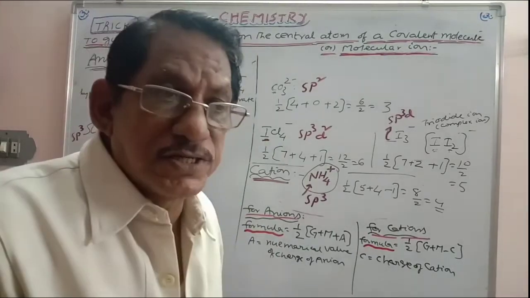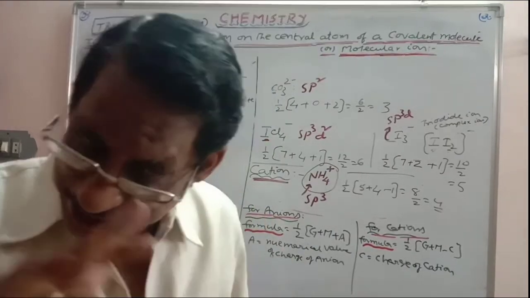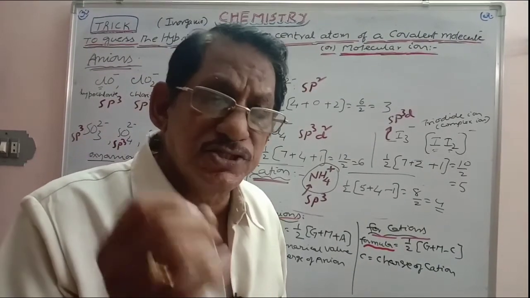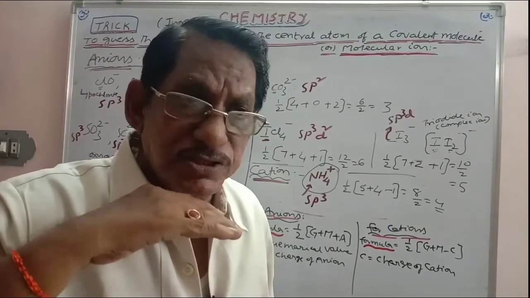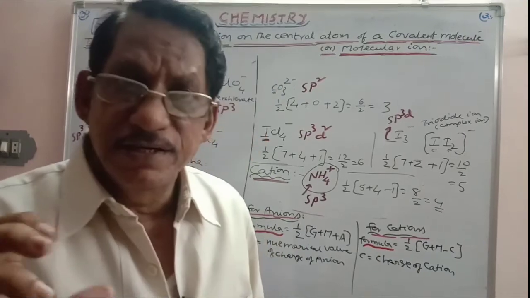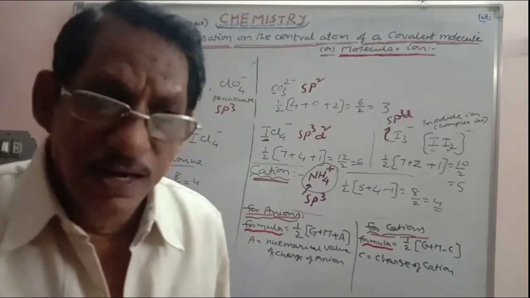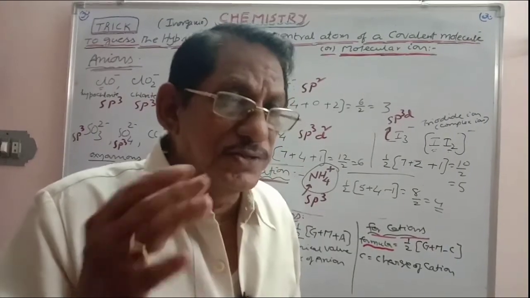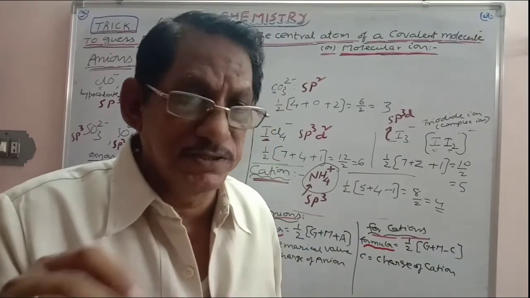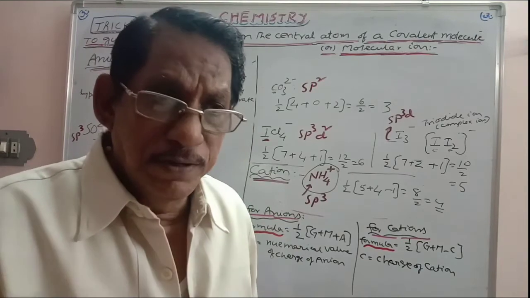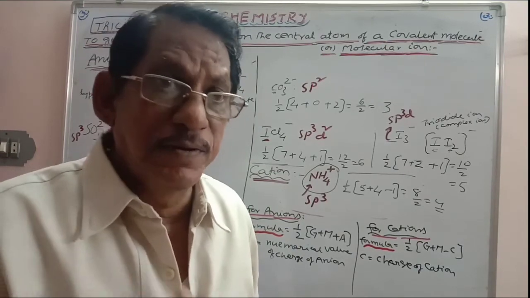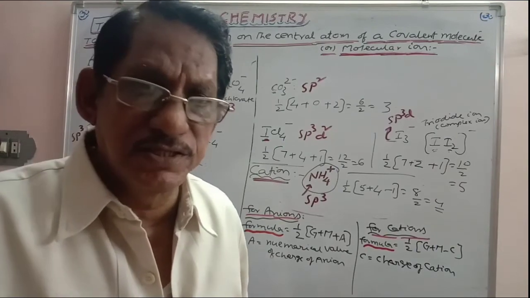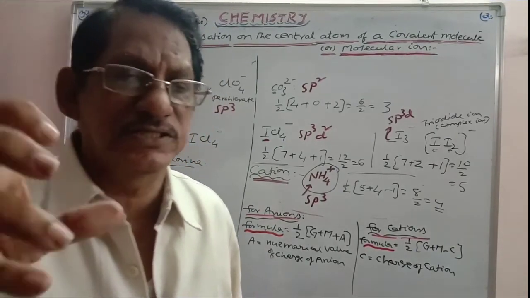After knowing the predicted structure, you have to know the actual structure, because in deciding the actual structure, whatever position is occupied by a lone pair is to be deleted. The remaining structure becomes the actual structure. After noting the actual structure, you have to note the number of pi bonds. After that, what types of bonds are present and how many? P pi-p pi bonding, d pi-p pi bonding, p pi-d pi bonding. These types of pi bonds are there. How many of these are present, you have to guess all these.